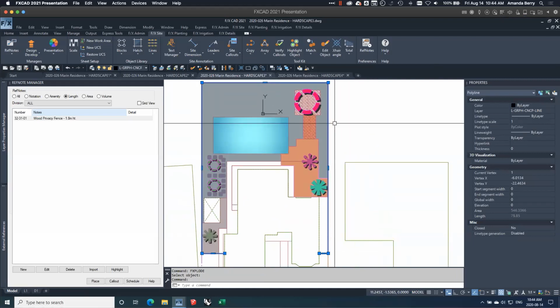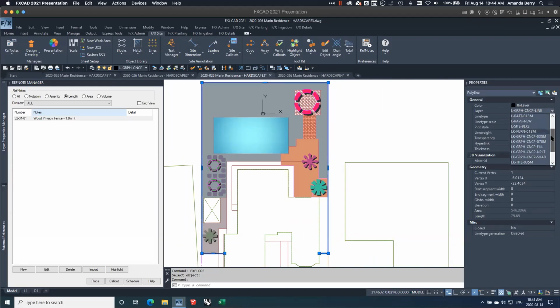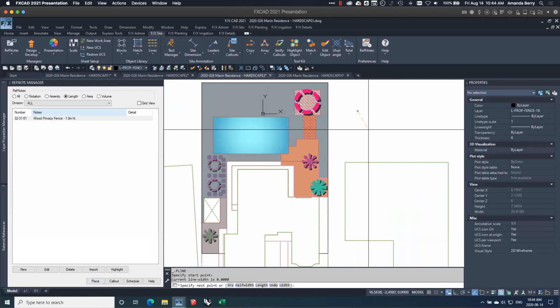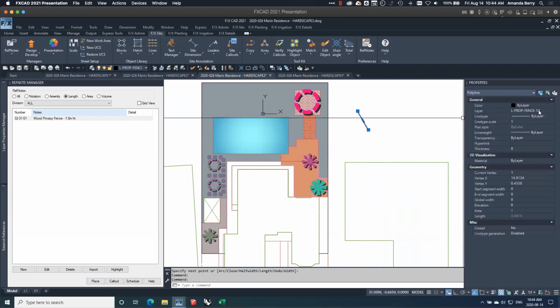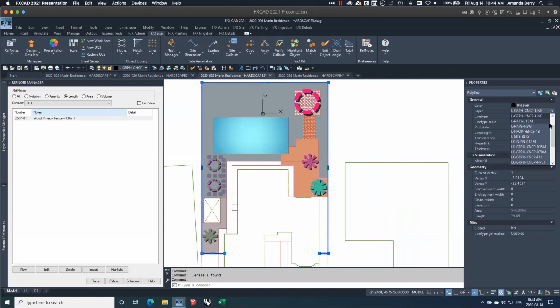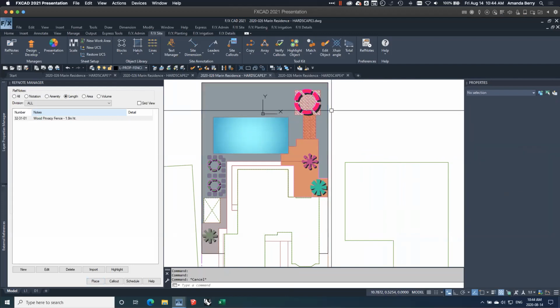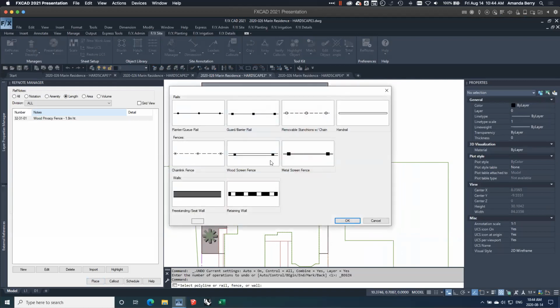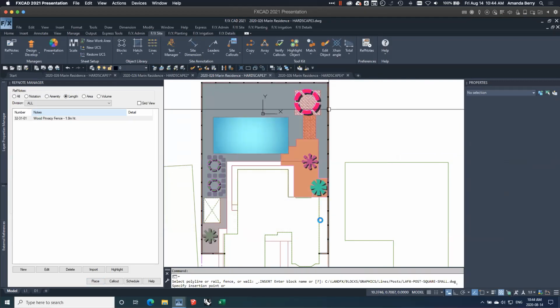Once I've got that, I can just throw it onto the propose. Oh, I don't quite have it in here. So I can go and place one of these. There we go. That's created that layer that I associated with this, and now I have that layer in here. There it is. So that will be counted up and I can go to my lines and click on that line and transform it into a privacy fence with post spacing so that it looks nice